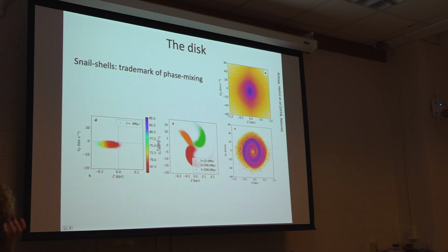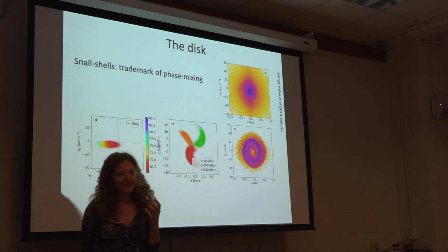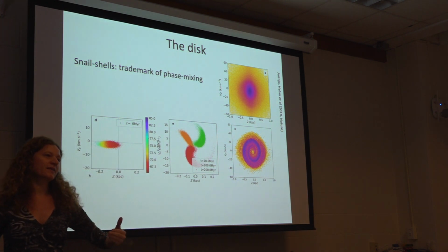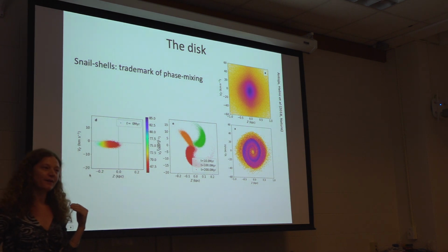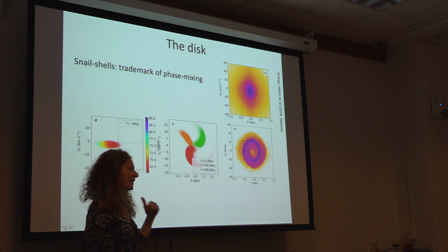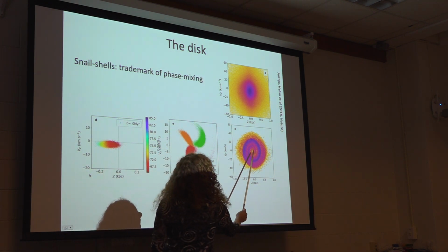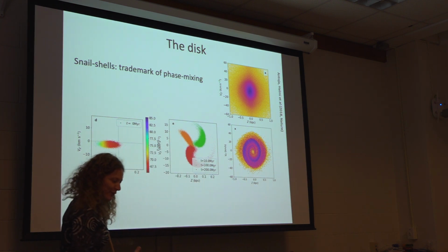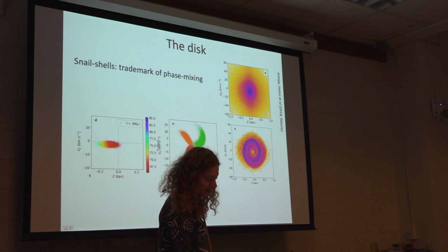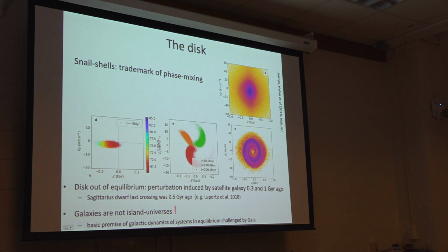So what does it mean that we are seeing this? It means that the disk of the galaxy near the sun was kicked about 500 million years ago, and what we're seeing is how that happened. We can tell the time scale from the separation between these different wraps. And so then you ask yourself, okay, but what caused this? And it turns out that there is this tiny galaxy known as the Sagittarius Dwarf Galaxy that had a passage about 500 million